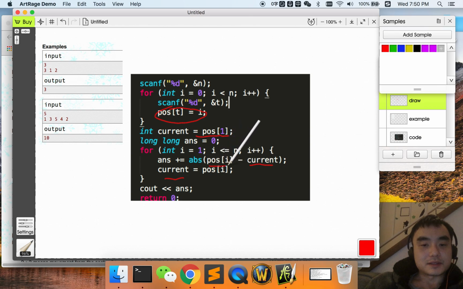So the current position is position I, and we calculate the distance between the current position and the last, and then